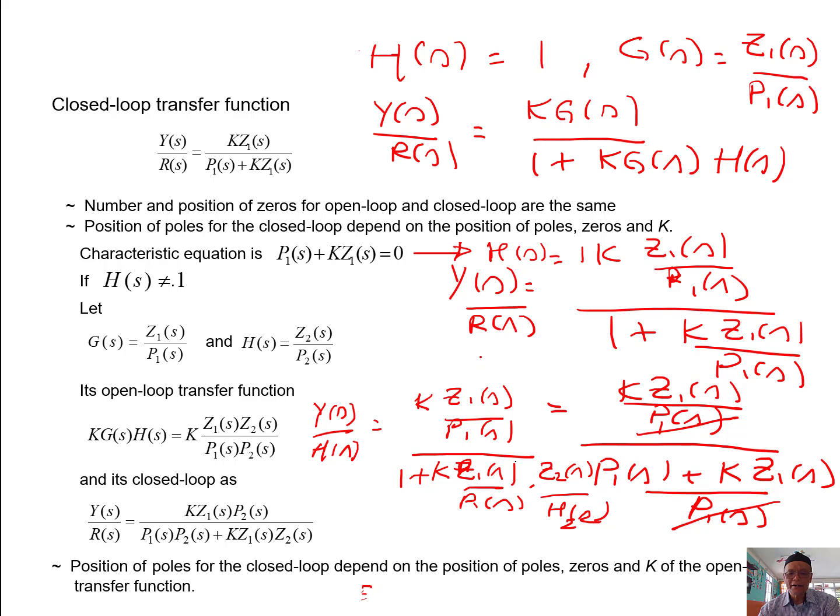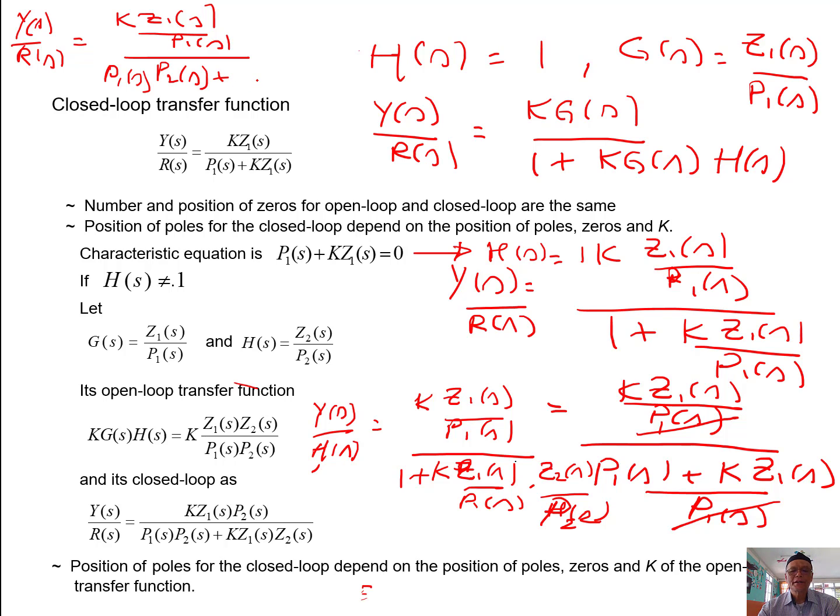Here I put it here, Y(s) over R(s). So you get K Z1(s) over P1(s), over this one multiplied, you get P1(s) P2(s). Sorry, this is not H but P2 with P2(s)